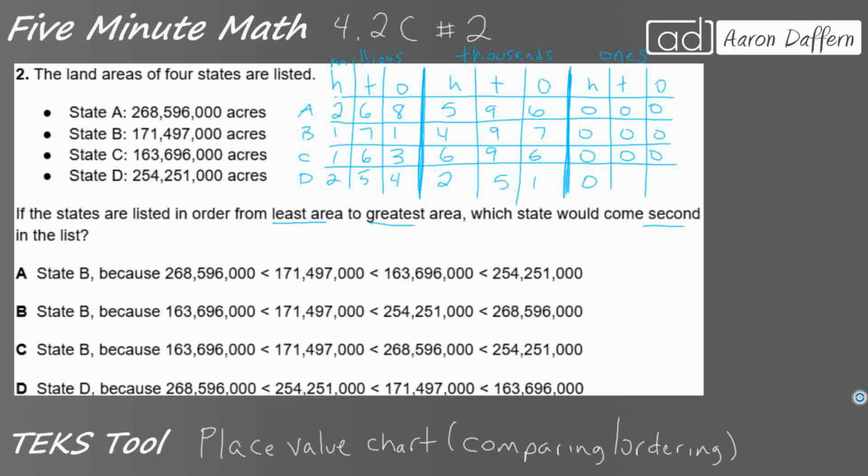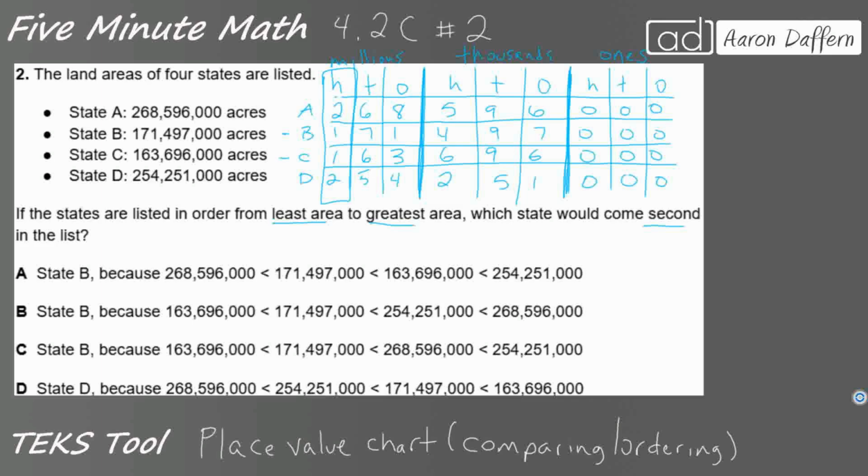It looks like they're all zeros all the way across there. So we're going to go for our least. Right now, if we look at our 100 millions place, we always start with our largest place value first. So we've got two twos and two ones. All right, so it's going to be between B and C as our least, because 100 million is less than